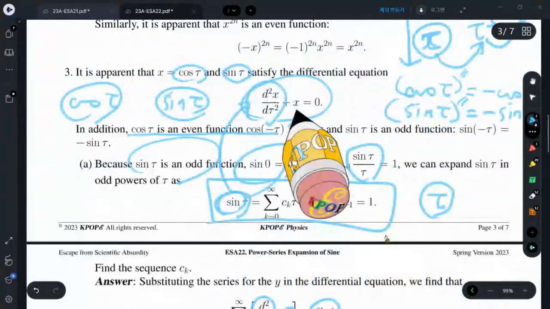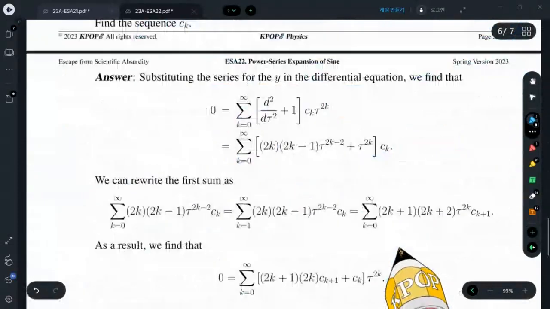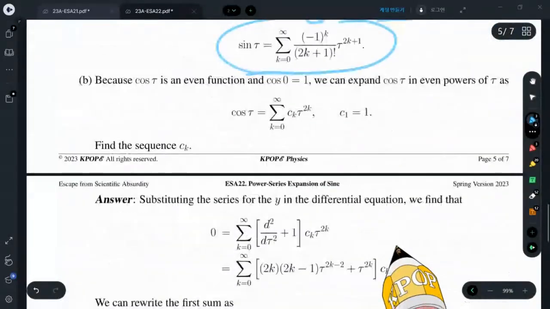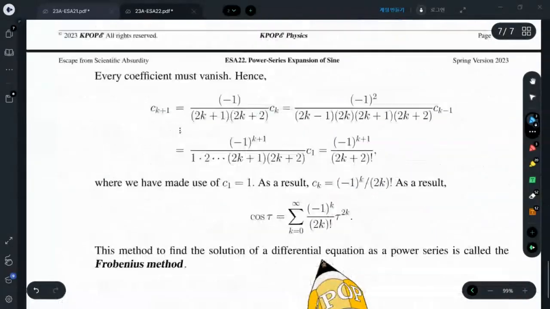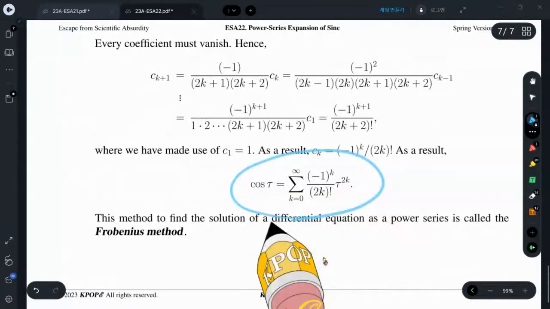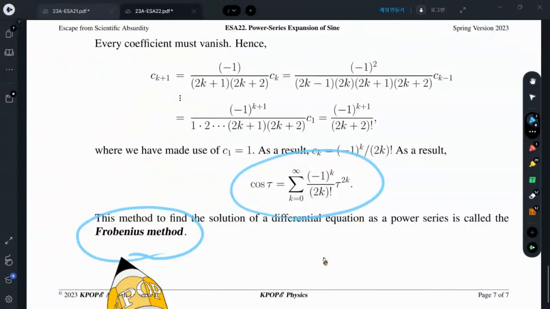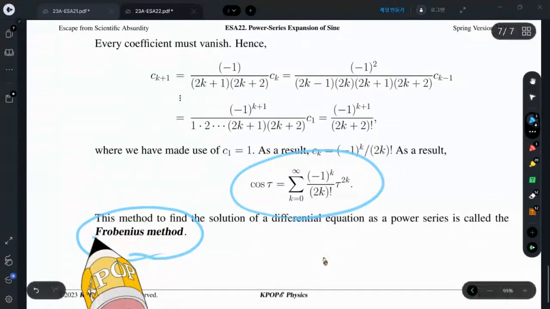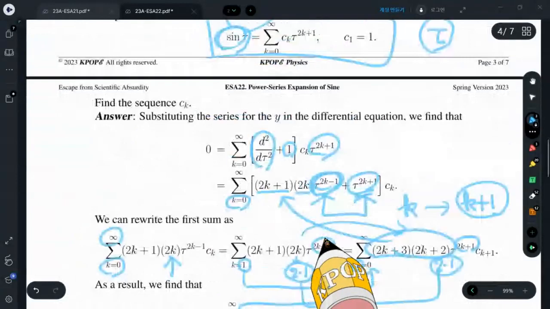One parameter is for the odd function that results in the sine function, and repeating the same process for the cosine case, we determine the series expansion of cosine as we know in the textbook. It was developed well later, the full development of differential equations, and now we call this the Frobenius method, but the basic structure I told you is